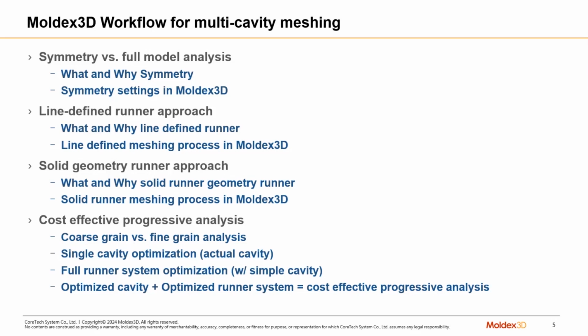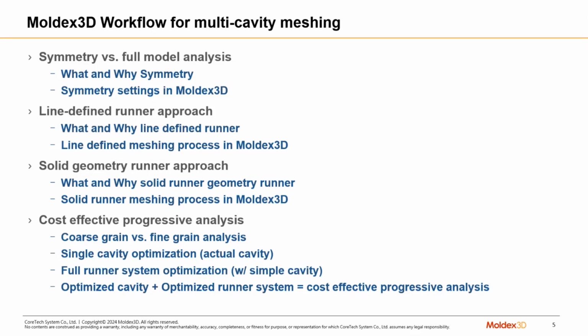And what is symmetry? Symmetry basically is running a simulation on a part of the mold, but getting all the information you would get from running the full analysis. The benefit is you save so much time, energy, and resources, and get to the answer as fast as possible, right? So that's the benefit of symmetry. So we're going to talk about what is this and why do we do it, and when do we use it, right? We can also show you some buttons on what to click inside Moldex 3D to run this symmetry